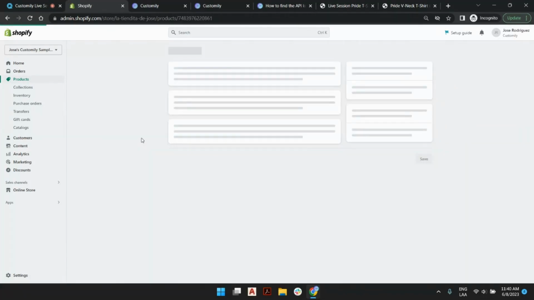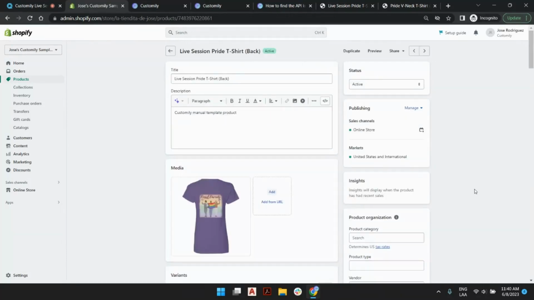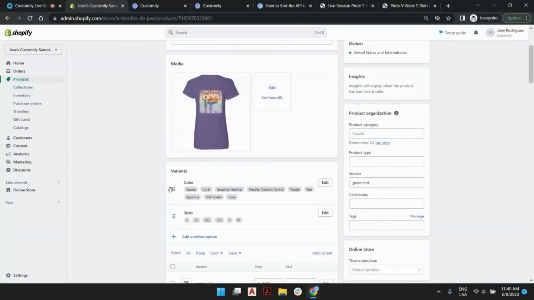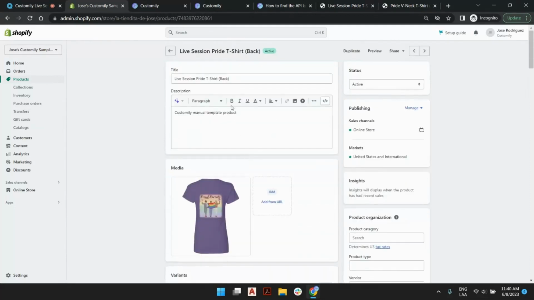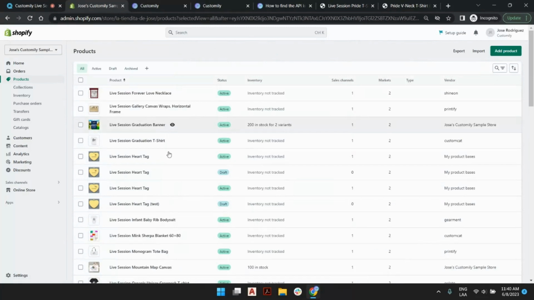I can open this product and this is the product created by Customily. I have the vendor to be Gearment, and I have all my variants, and I can bulk edit everything. Yeah, add more images, all I want. But check out something. I actually have another product,